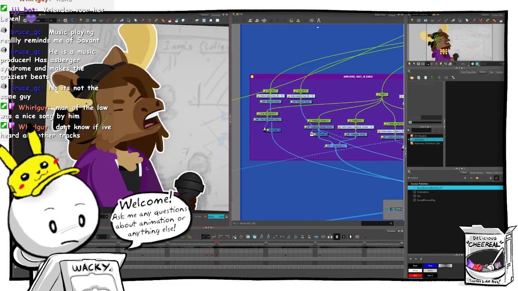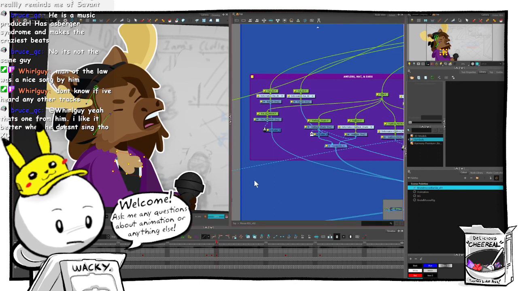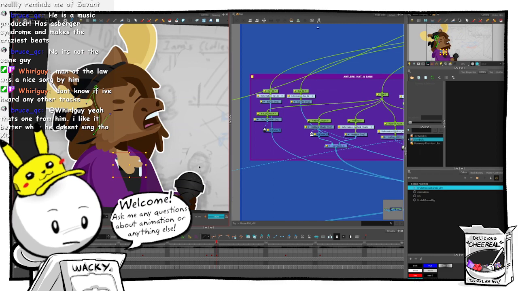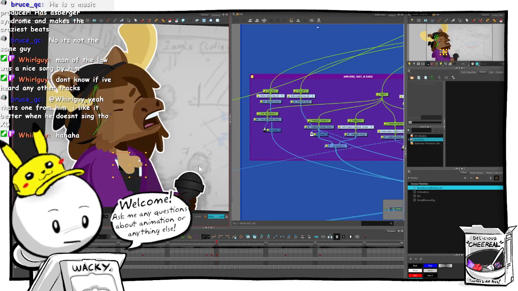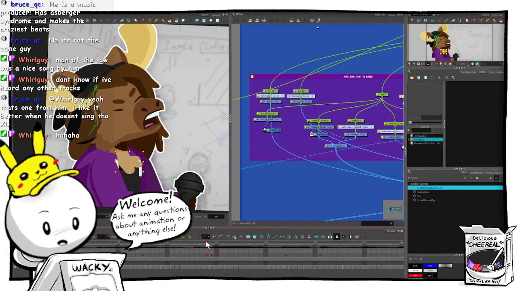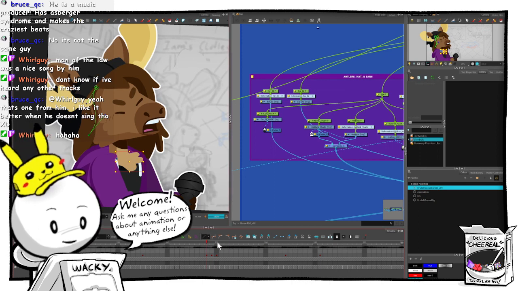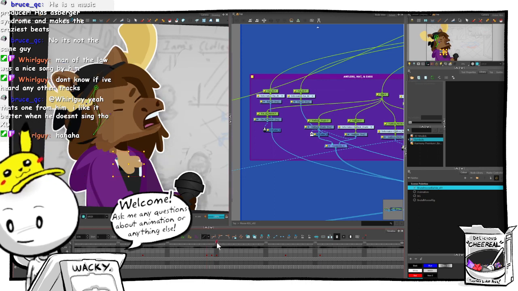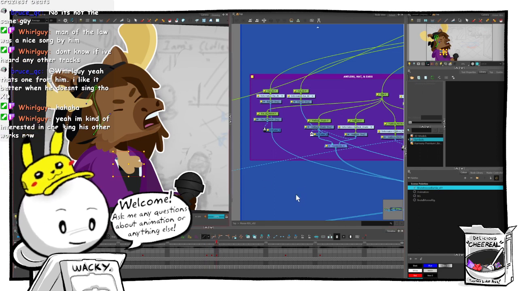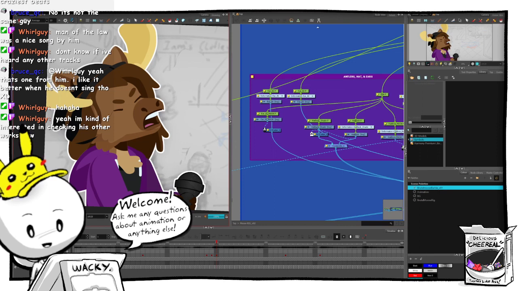Let's move his fluff down. I think I like that better. So here's what the pose looked like before. We gotta fix his mask up there, but here's before. Here's after. I think it looks a lot more like he's leaned back.